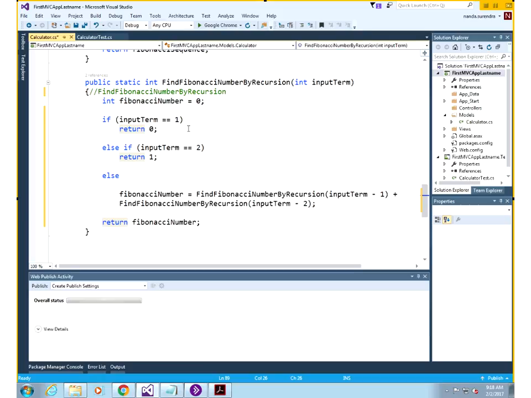When do you stop? When you get to zero. When you get to 0 and 1. So essentially, if you reach these two conditions, and else, I'll put this in here, and instead of saying return 0, you could also just set the